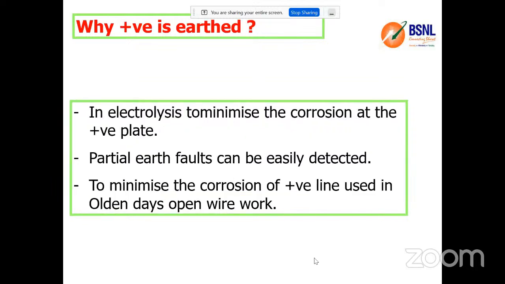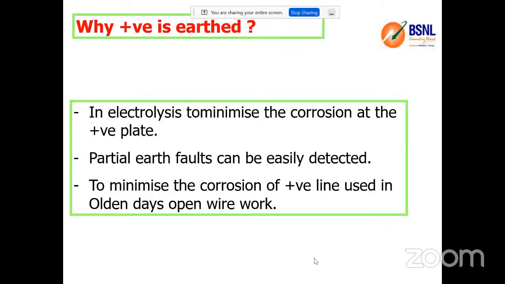And out of the positive electrode and negative electrode, we are earthing the positive electrode. With the help of trial and error, as well as what was observed in the manufacturing and recycling parts, we have observed that earthing the positive electrode is preferred. The reason is to minimize corrosion of the positive electrode. If the positive electrode is connected to the load, the corrosion at the battery terminals of the positive electrodes is relatively more compared to the electrodes connected to the negative.